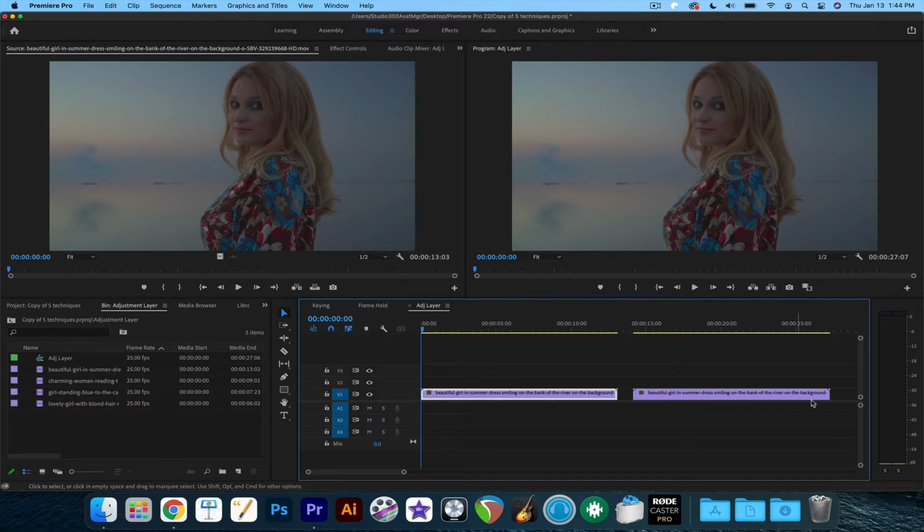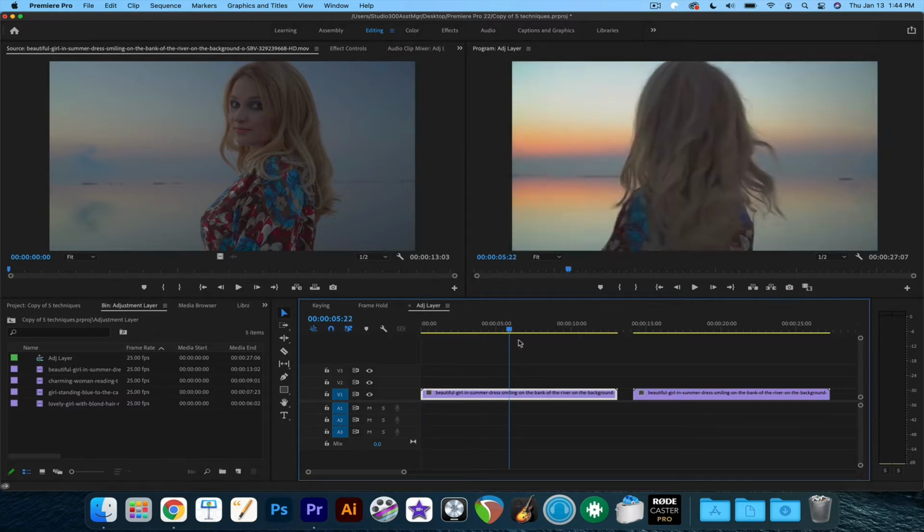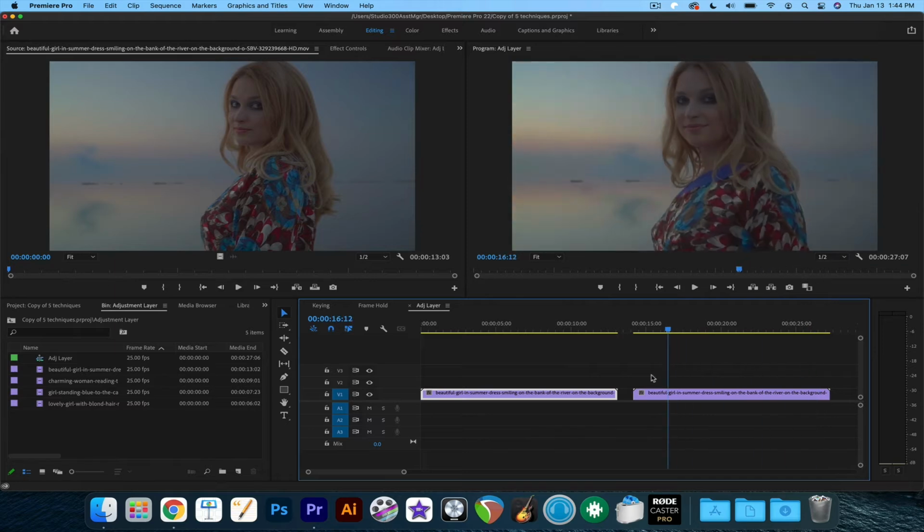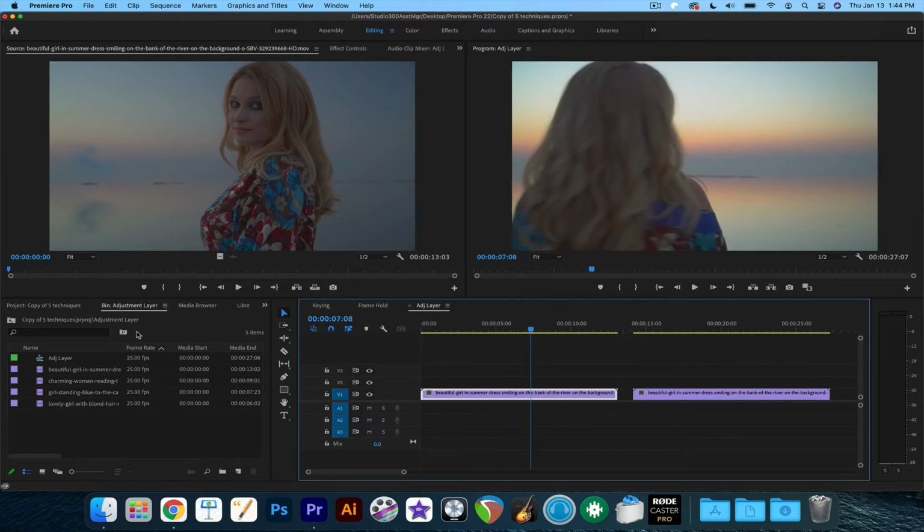If you have a series of clips and you extend your adjustment layer, then it will cover all of the clips. So let's take a look at it in action. We have the same clip over and over. So traditionally you would go to your effects panel